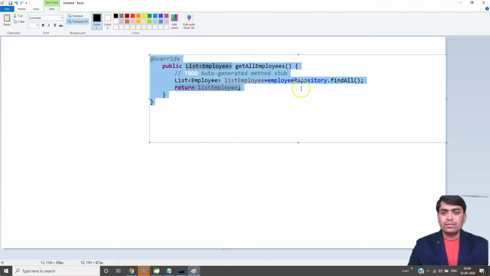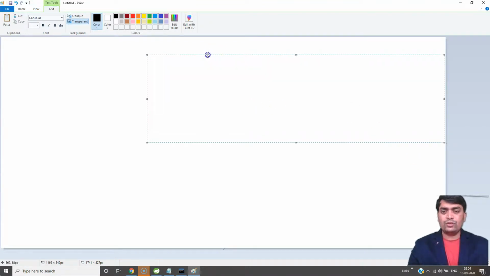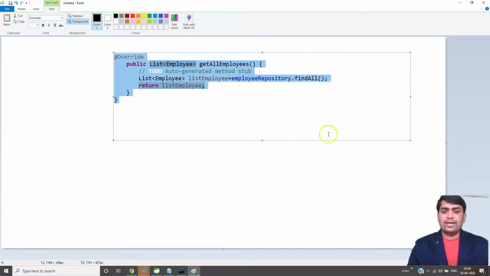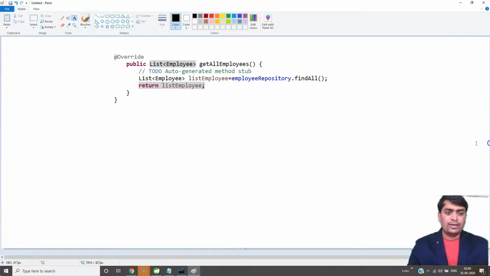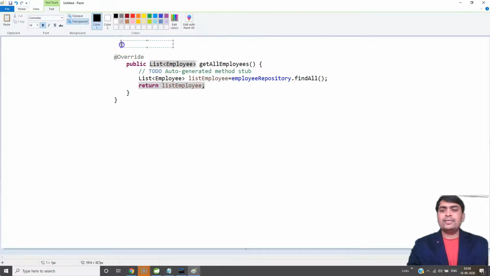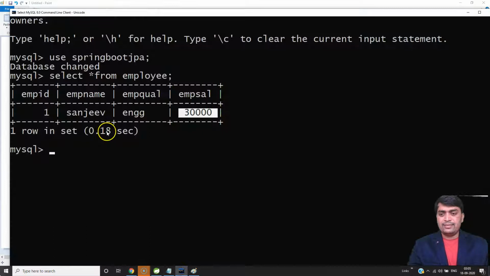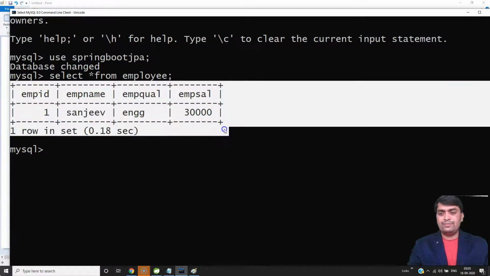Sorry, this is your service layer. I'm not writing a complete class because we have less space. And just consider, friends, this is your database table.